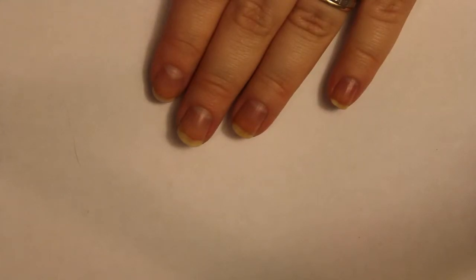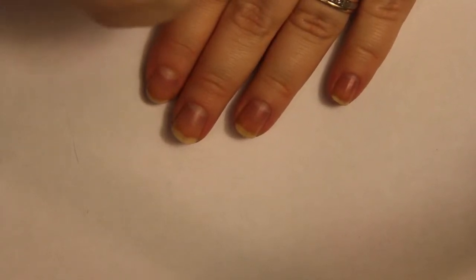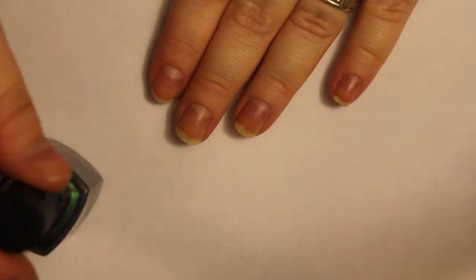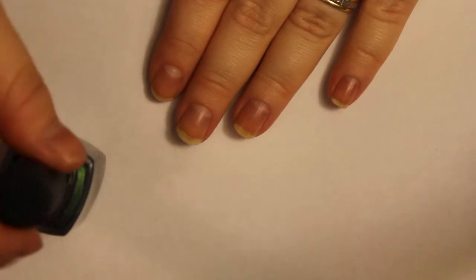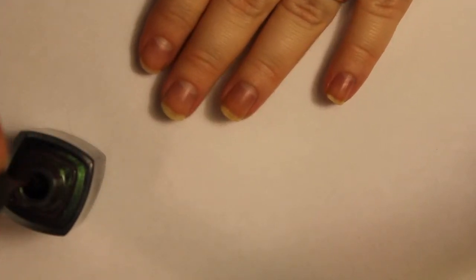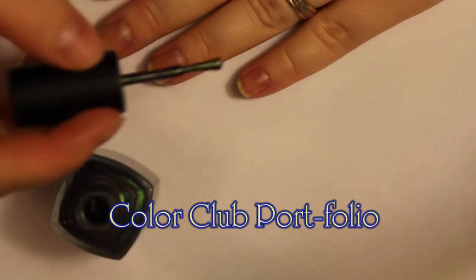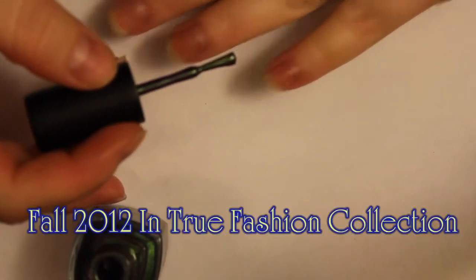Okay, so this next one is from another brand that gets pretty inventive with their shades, and that's Color Club. And Color Club can kind of be hit and miss on formula sometimes, but I just really appreciate brands that try to push out of the box. So this color is called Port-folio, and I don't think it was new this year, but it was new to me this year because I